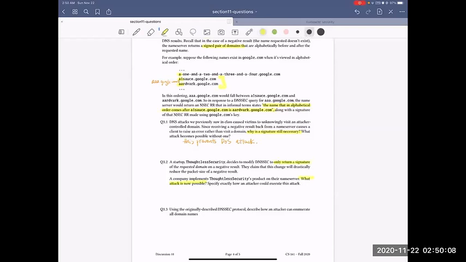So they only return a signature of a requested domain on a negative result, which means on a positive domain, there will be no signature on it. So what is the problem right now? The problem is still a DOS attack, but in a different way. So I will mark this part as